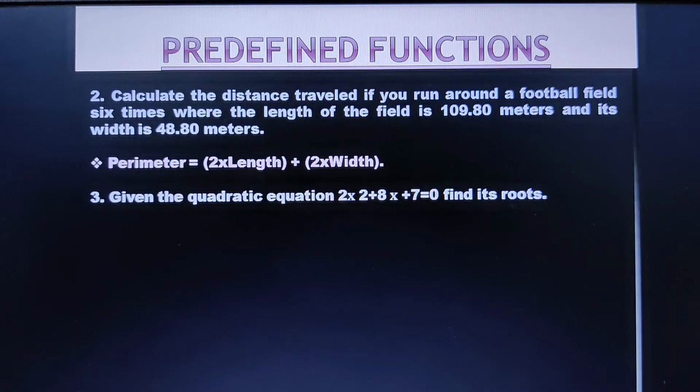Next. Now we should also remember that this is the third question, don't worry about this. We should also know that the distance traveled in 1 mile is equal to how many meters? 1609.3 meters. So this conversion we are going to use in our Excel file. Let us see how we write the formula here